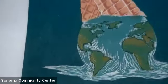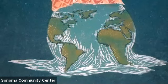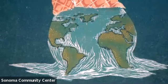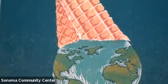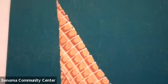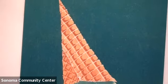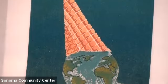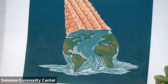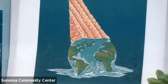And I'm very thankful to the kids at the Sonoma Community Center summer camp, because I was in a little bit of an artist block and I couldn't decide what I wanted to do. And I went downstairs with a few options, and it was an overwhelming ice cream choice. So we went with the ice cream cone, and again, on the lines of climate justice and just the idea